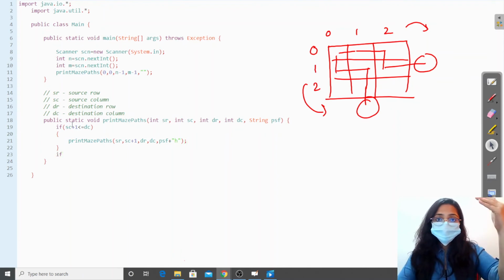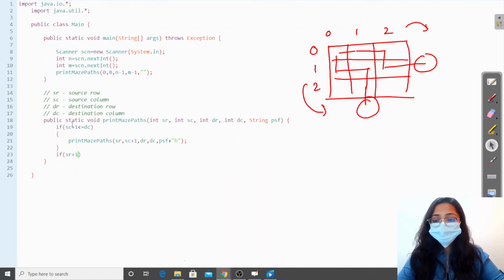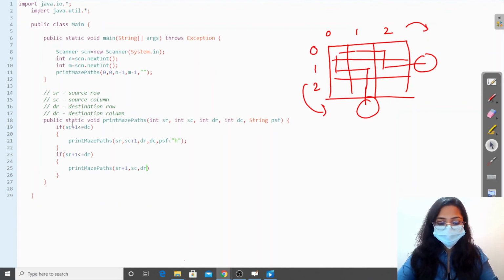Similarly, when I'm making the vertical call, on incrementing source row, it should be less than or equal to the destination row. In that case only, we'll call the function and increase the source row by 1, and then I'll give the rest of the values. And to the path, I'll add v because we are making the vertical call.